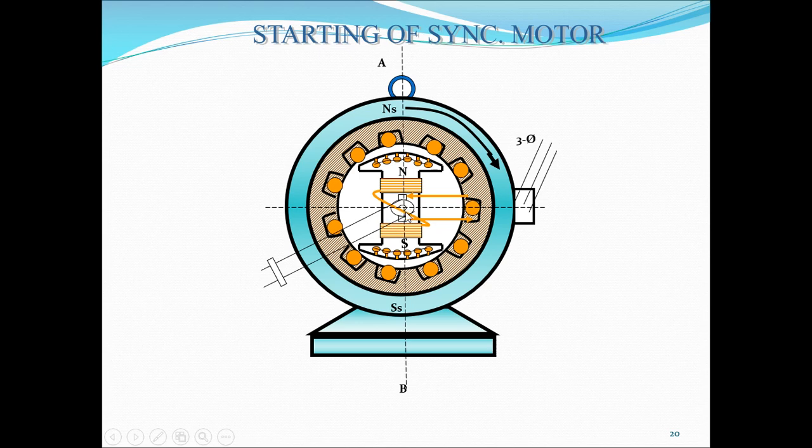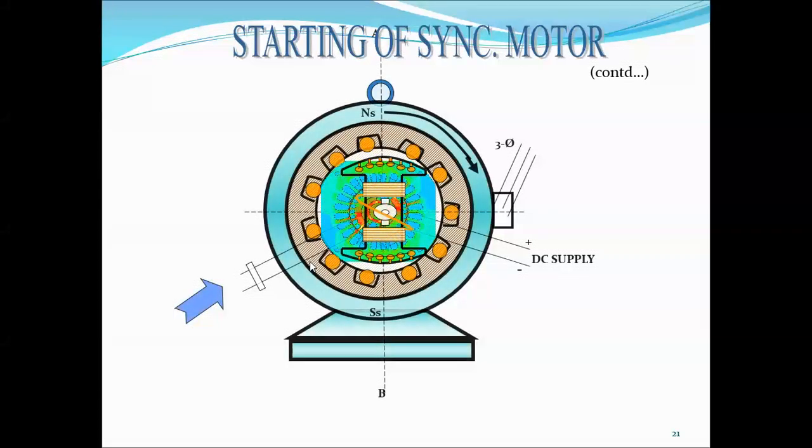Then what happened when the shaft is rotated at synchronous speed? Automatically, the rotor which is mounted on the shaft also rotates near to the synchronous speed. So this is the figure of how it is coupled. The shaft is mechanically coupled, and it starts rotating. See here how it is rotating.